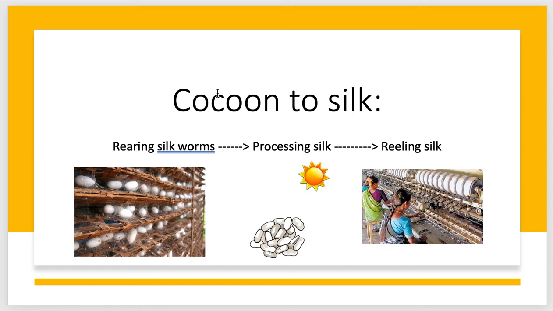She also noticed that some of the worms were making these shining white cocoons around themselves. So she saw all of this, and one day when she was drinking tea in her garden, one of those cocoons fell into her cup of tea. Tea obviously has boiling hot water, and Chinese tea is not a lot like the tea that we drink. Chinese tea is more of boiled water and tea leaves. So since there was boiled water, when the cocoon fell into her cup of tea, the silk fiber started to separate from it. And that's how she realized that there was something called silk.